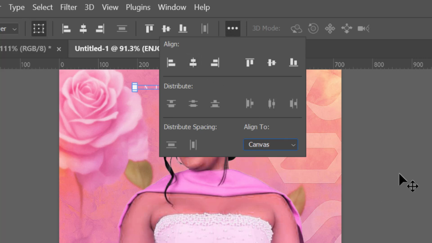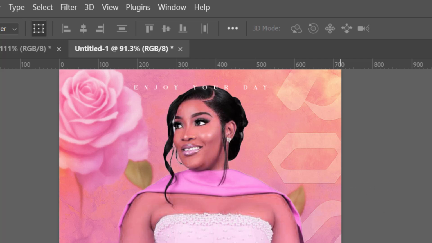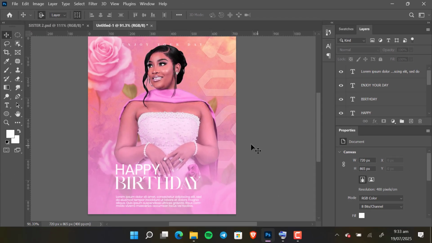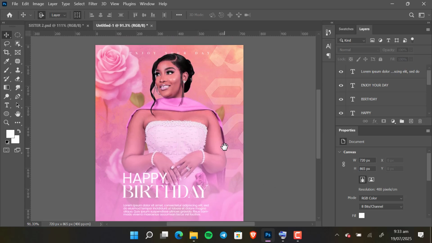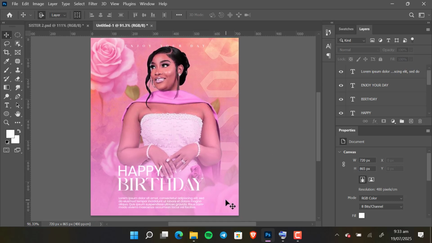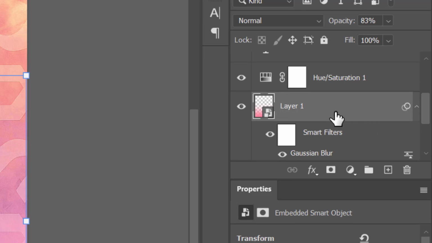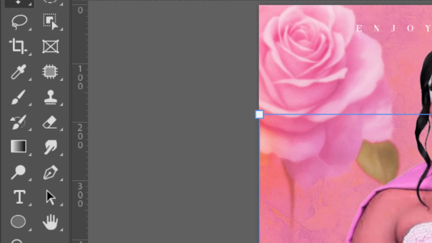Okay, so we do that to put it at the center, and let's bring it to the top a little bit. Okay, all right, so I just increase the spaces, and I hope you get that. So now you are doing good. What we are going to do next is we are going to give this one a mask because we want